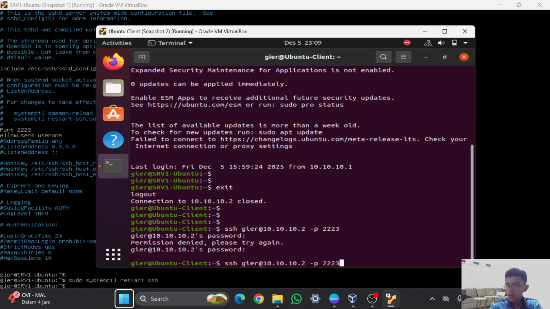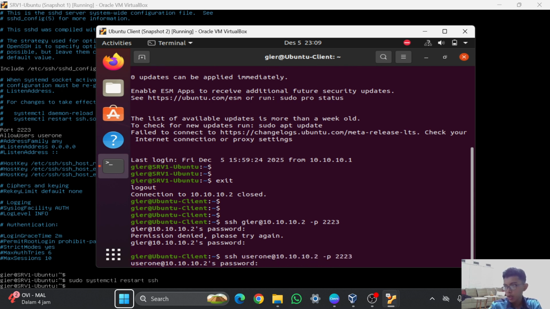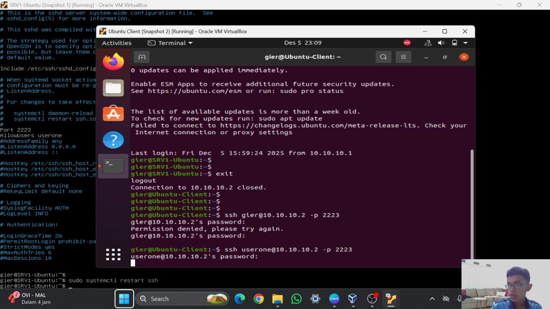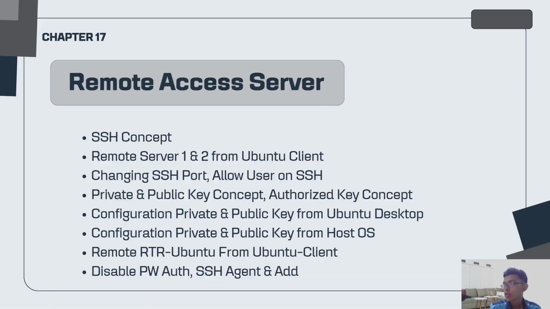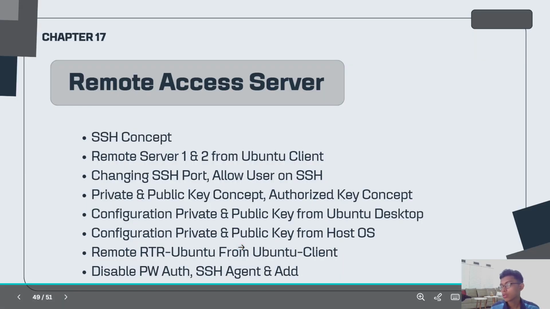And if I try to log in or remote the server 1 Ubuntu using user 1, it should work because user 1 is the user that has been allowed to remote the server, and as you can see, it is successful. So that is how to set the allow user on the SSH.